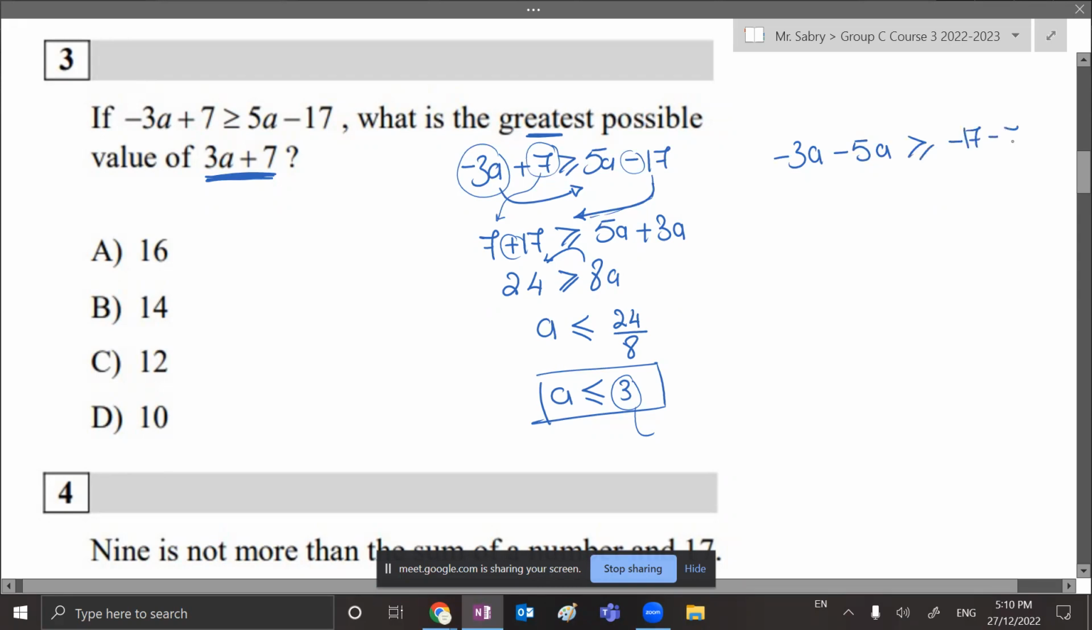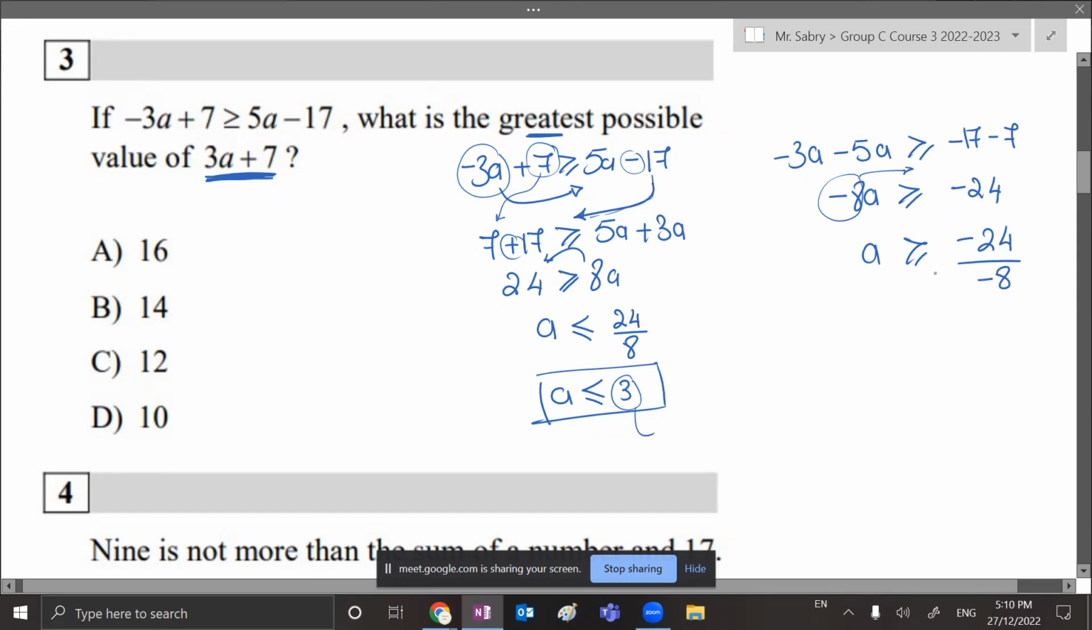ماشي. Now أنا برضو I would like to focus على حاجة في الكيس دي. In this case this is negative 8a bigger than or equals to negative 24. Now when you divide, now this is a negative number صح؟ لما يروح الناحية الثانية يروح بالديفيجن، هتبقى negative 24 divided by negative 8. مظبوط؟